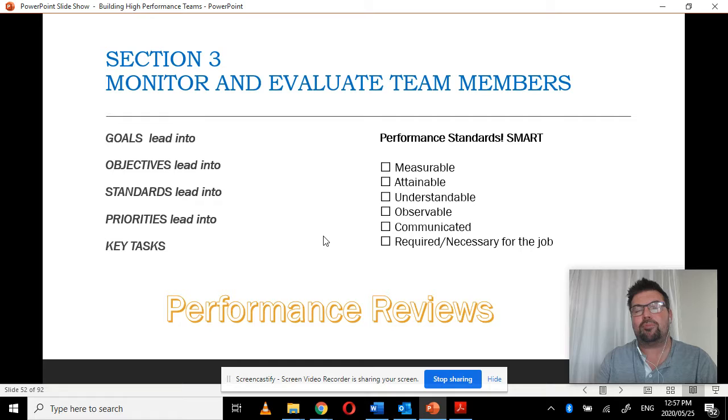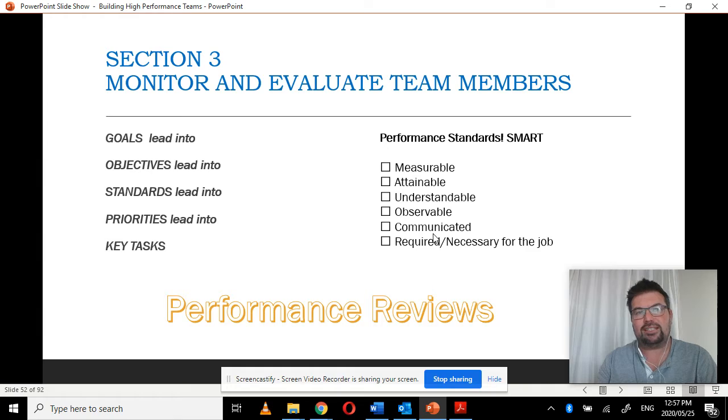Okay. Now, your performance standards, again, should be measurable. So they don't say do your job better. They say we want a 20% increase within this year. That's measurable. Attainable. If a 20% increase is not attainable, then you're going to demotivate your people. If it is understandable, if they understand exactly how to achieve it, then that's great. Observable, okay, so we need to be able to see in their sales data that they've increased by 20% or in their production records. It needs to be observed. We need to be able to measure it.